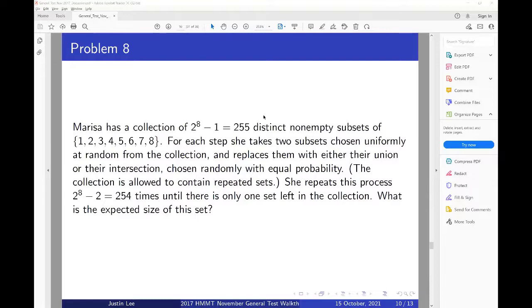Problem 8. So we've got a collection of all the non-empty subsets of 1, 2, 3, 4, 5, 6, 7, 8. Each step we randomly choose 2 subsets, and we replace them either with their intersection or their union. So we can't have repeated sets in our process. We continue this until we have 1 set left in the collection. What is the expected size of the set? So these problems are